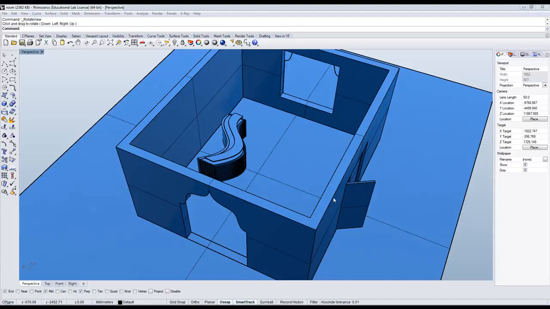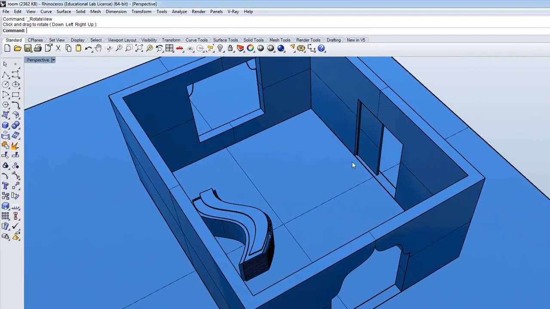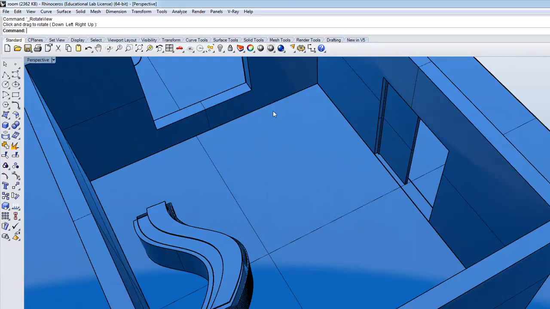Hello everyone, this is the second part of the room. First, I think I will build some kind of a sofa at this corner, and maybe I will build a canopy over the reception desk, and maybe play with the back wall a little bit, and of course eventually close up with a roof. So let's look at this corner and